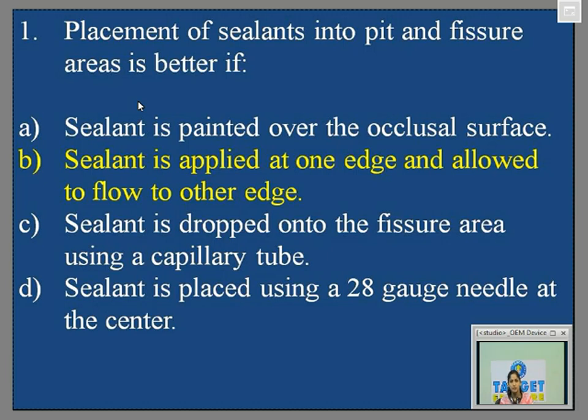Then, sealant should always be applied from one edge, that is, one edge near the proximal marginal ridge, and it should be allowed to flow. This is done so that you prevent any entrapment of air. The flow of sealant should be in such a manner that it is applied on one edge and allowed to flow to the other side. If it is directly painted on the occlusal surface, there will be a high chance of entrapment of air. And the fourth point to remember about this is that